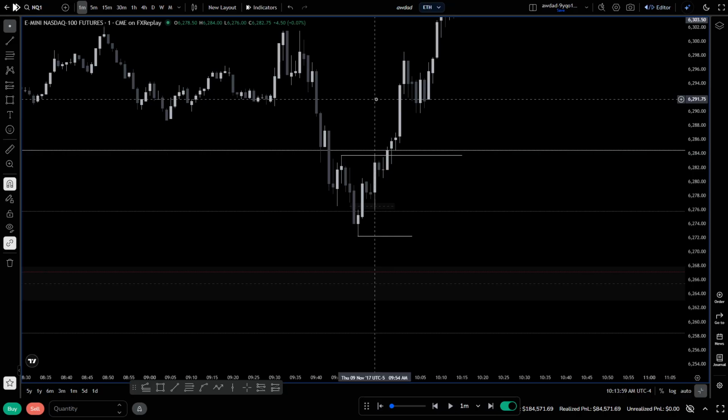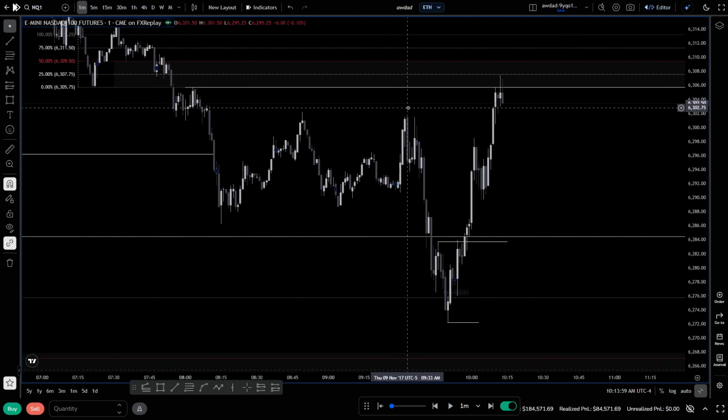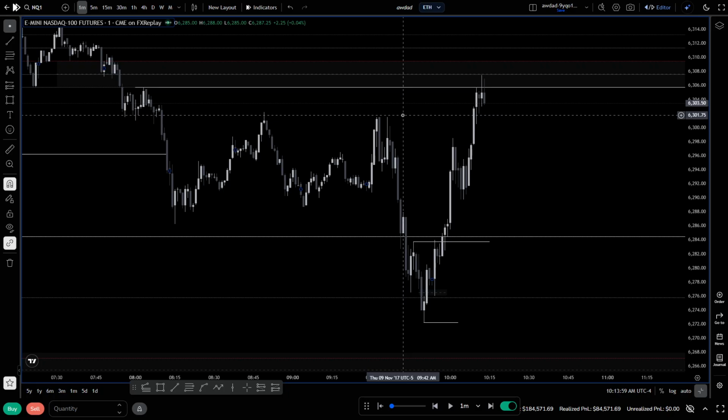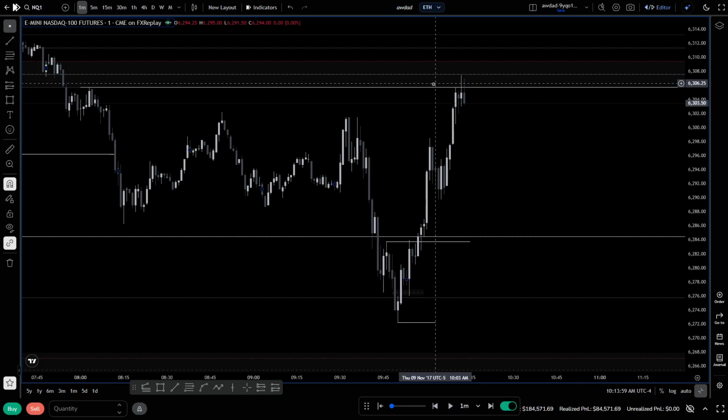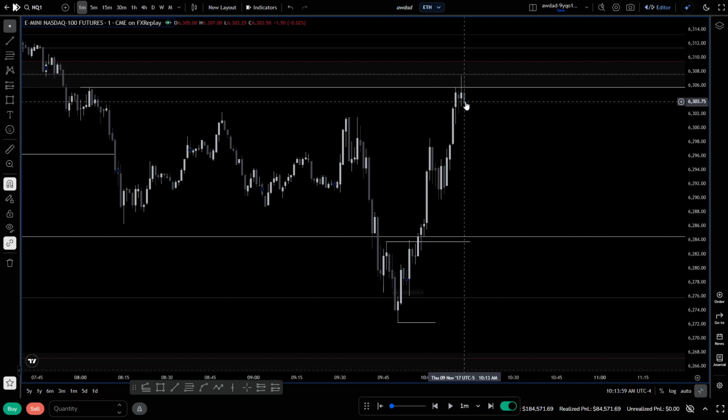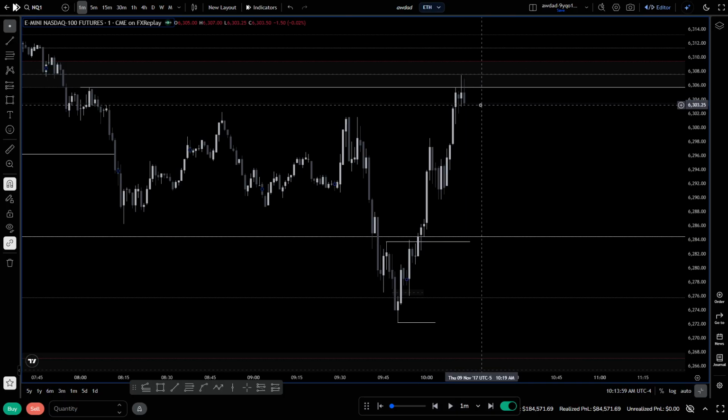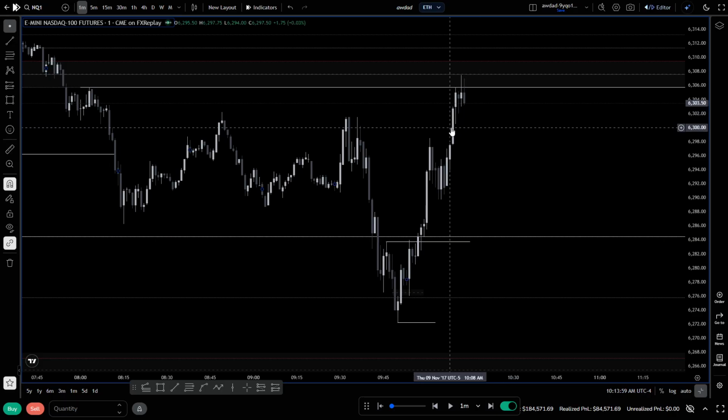But when I see my level get hit, and we've been dumping all morning, and we have relative equal highs and lows, and we haven't gone up and swept one, I'm going to look for longs. It's that simple. That's it. Why is it so hard? You make it harder on yourselves. And you're going to be like, oh, this guy's full of it. Go test it. That's it. Go test it. I'm going to release the best bias video I think I've ever released. I promise.